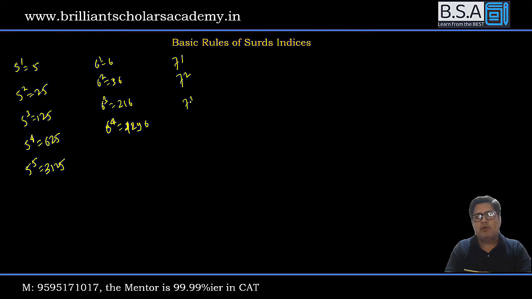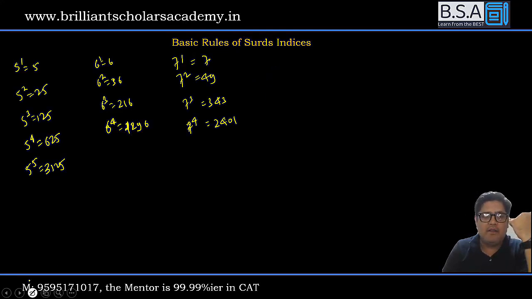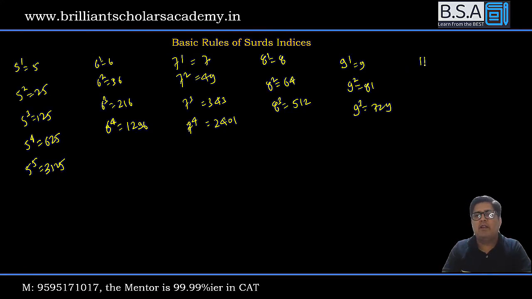7 to the power 1, 2, 3, 4: 7, 49, 343, 2401. Ahead in Numbers, a topic will come, cyclicity. We'll again revisit all these values, we'll again try to recall these values in that particular topic, cyclicity. 8 to the power 1, 8 square, 8 cube. 9 to the power 1, 9 square, 9 cube. Everybody knows 10, no need. 11 to the power